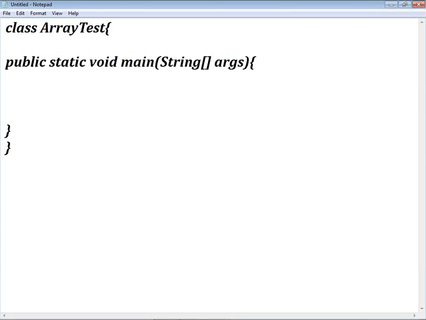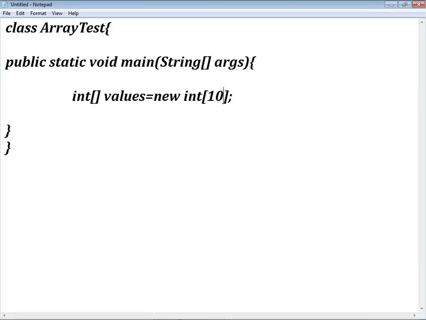So for example, I want to take 5 values from the user. So which one do I have to take? Array. Let us take, I want to get the integer type of values. We'll create an int array. Next, let us take values is equal to new int of